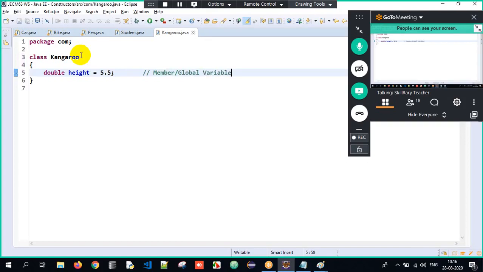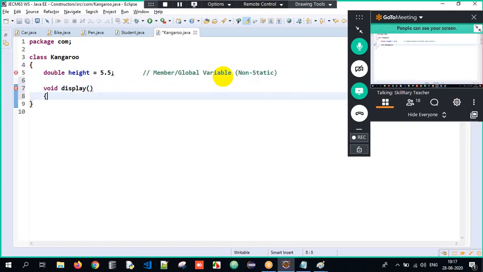And secondly, we understood it's a member variable. But is it static or non-static? Sir, it's non-static, sir. Why? Because we have not declared it using the static keyword. So this is nothing but non-static. Are you all able to understand here? It's a member variable. Member variable, again we have static, non-static. But since there is no static keyword, it's non-static. Clear? Done. Very good. Then I have a method, void display is the method name, open parenthesis, close, open curly